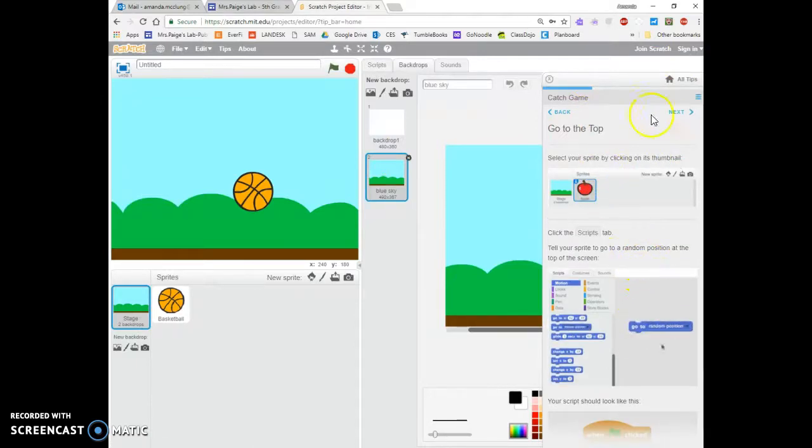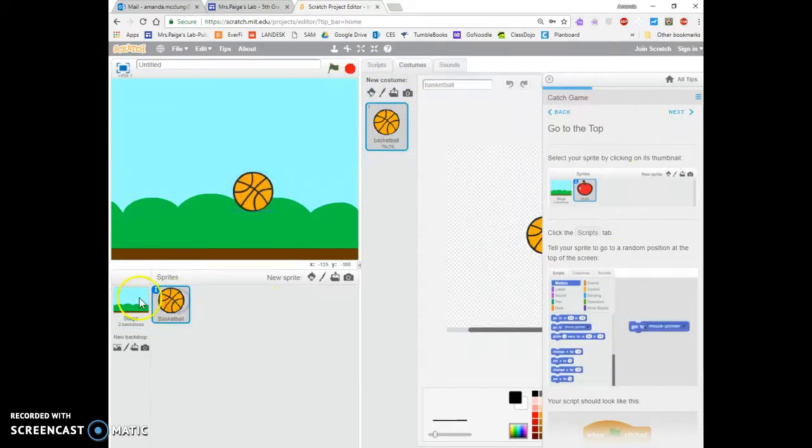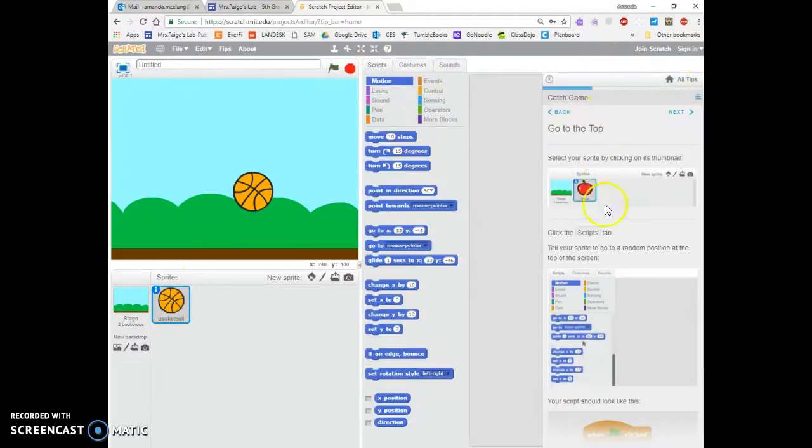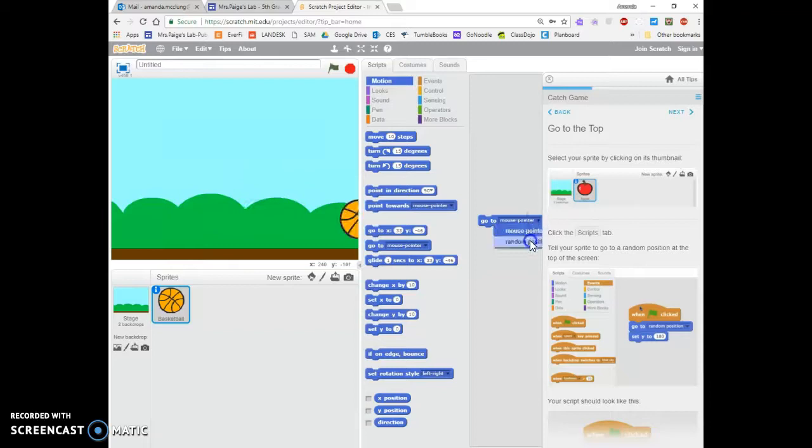Now it's talking about my actual coding. So right now I'm on my backdrop. I've got to click to my ball because I don't want to code anything for my backdrop. I want to click on the ball to code it. So I'm going to go to scripts, and it's showing me to go to motion, and then it's showing me what to pull out. So I'm pulling out, go to mouse pointer, but then I'm changing it from mouse pointer to random position. Then I'm pulling out, set Y,